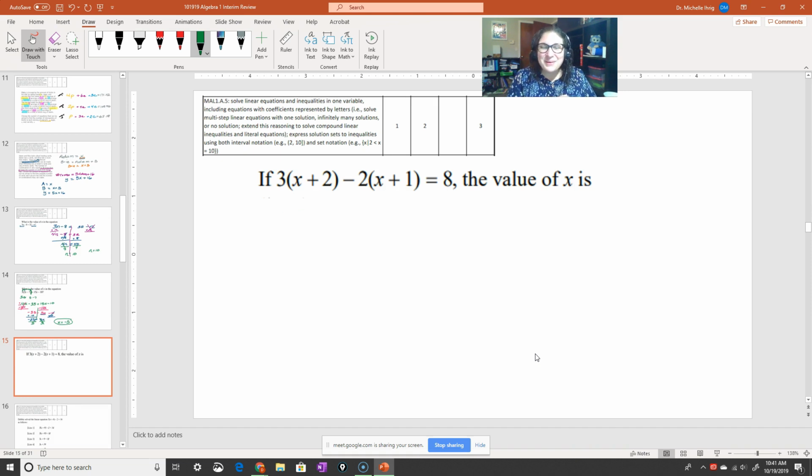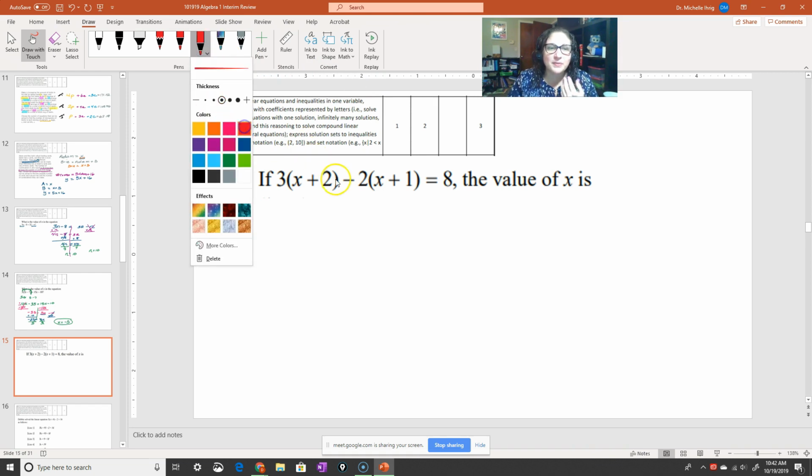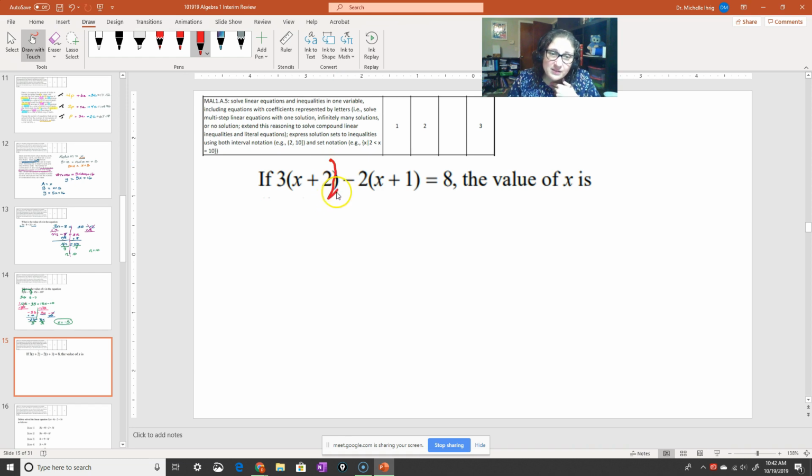All right, here's another hard one. And this one I put because I wanted to emphasize, do not go past the parentheses. The parentheses is the all stop. That's when you stop sharing, okay? I know in kindergarten we teach you to share. Don't share after you hit the parentheses. So see here, this is this parentheses, this is this parentheses. So the 3 is only touching the red, so then it has to stop.